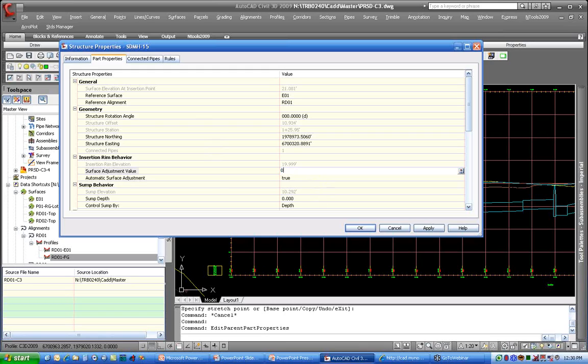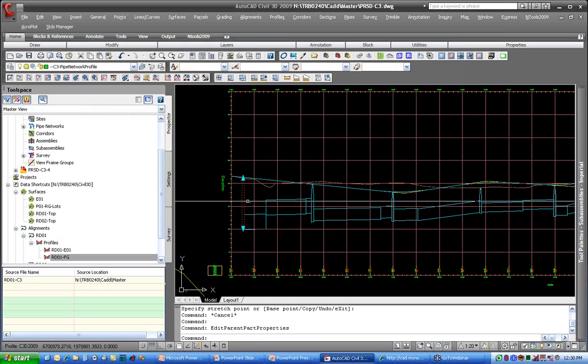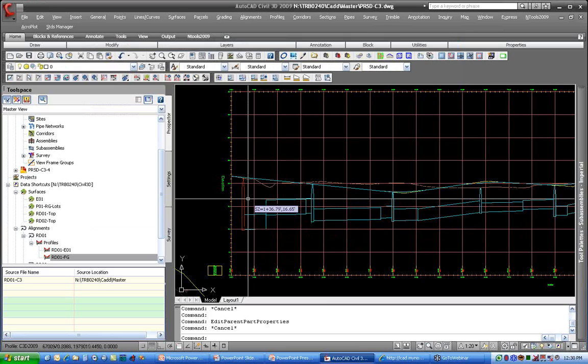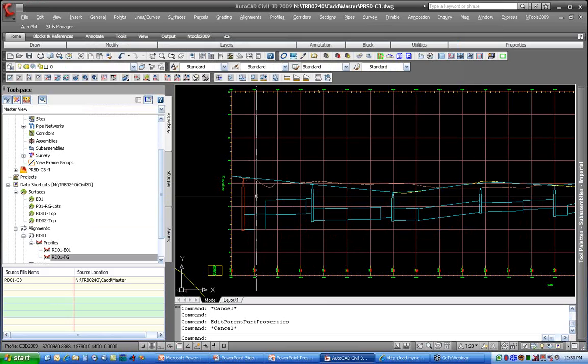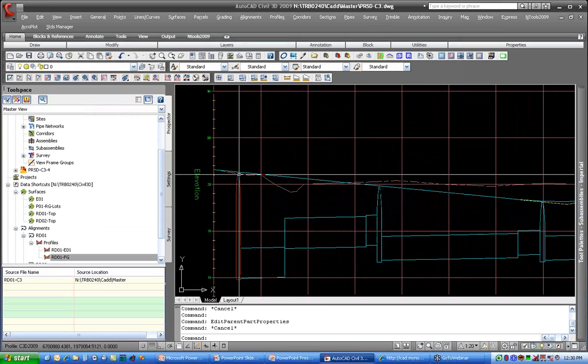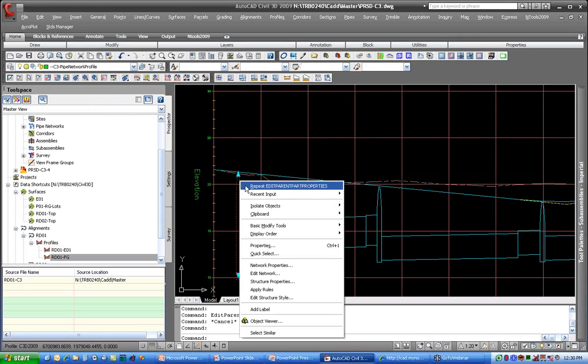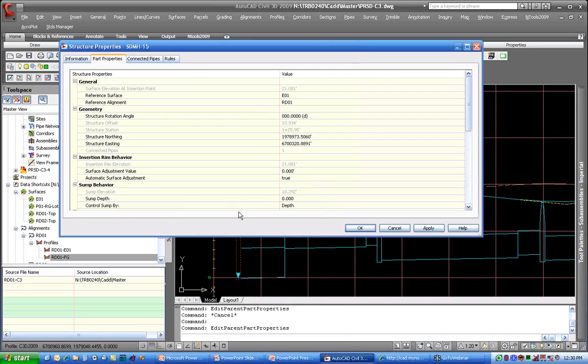I need to get rid of that surface adjustment. There we go. Now it should be right. I had an adjustment applied to it when I grip edited, I added that adjustment value. So now it will get the elevation from my surface, and what that adjustment value allows us to do here